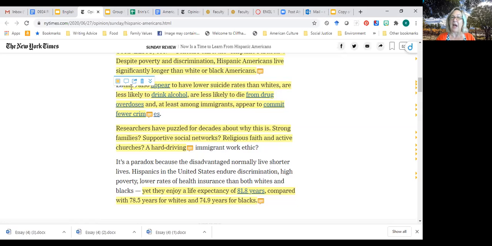And that's a lot of details. And he's comparing not to other minority groups, but whites. Why do you think he's focused on that comparison of Latinx people, Hispanic people, to white people? Why does he narrow that comparison?